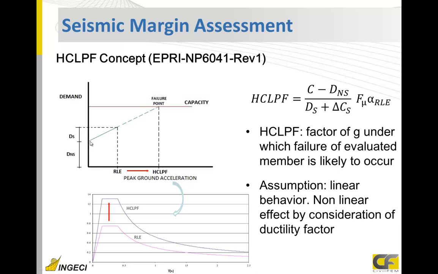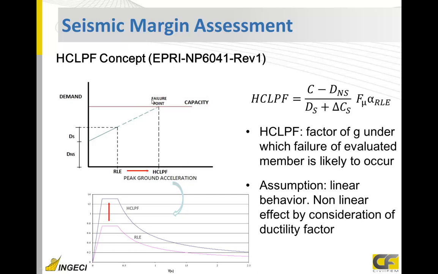So if we increase this seismic level, we increase this line until capacity is equal to demand. That is the failure point. So the failure point gives us a seismic level. So what this